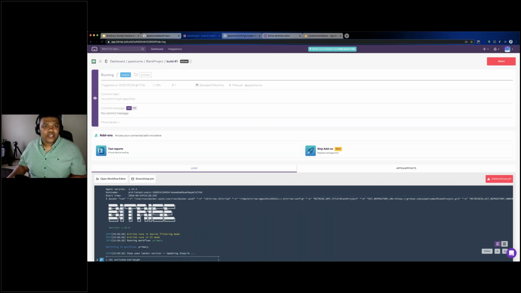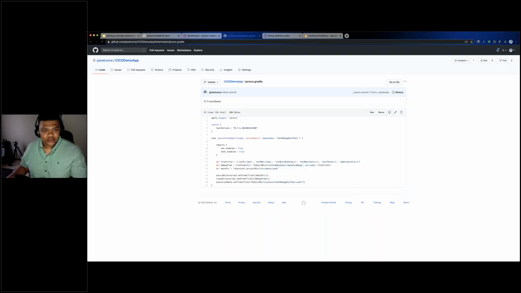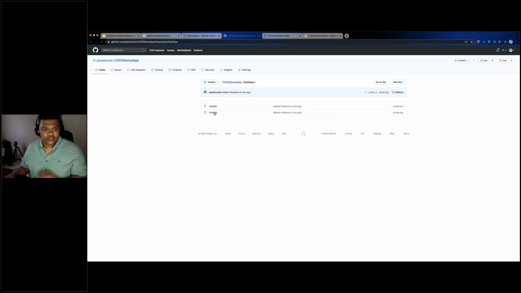So what I want to do is take you to a demo project that I've created. This is again another blank project. There's pretty much nothing in it. The only thing that I've done is create a Jacoco Gradle task over here for unit tests. And I've also added Fastlane to the project. There were some keys that are obviously still on my machine, so I'm not going to upload those. But pretty much Fastlane is a really, really cool